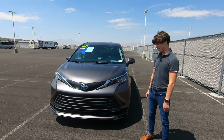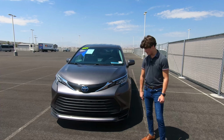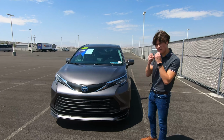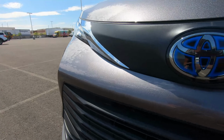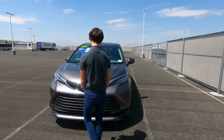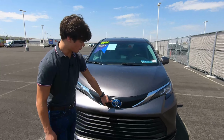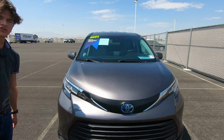looks from things like the Camry and the Avalon with these massive grill teeth they got going on there that looks like you just had your mouth stretched open by the dentist. And you also have the sharp headlight design that is classic for Toyotas. If you get a hybrid model Toyota, what they do is they put the standard Toyota badge on there as well and add a little blue tint around the lining of that badge just to show everyone that you are